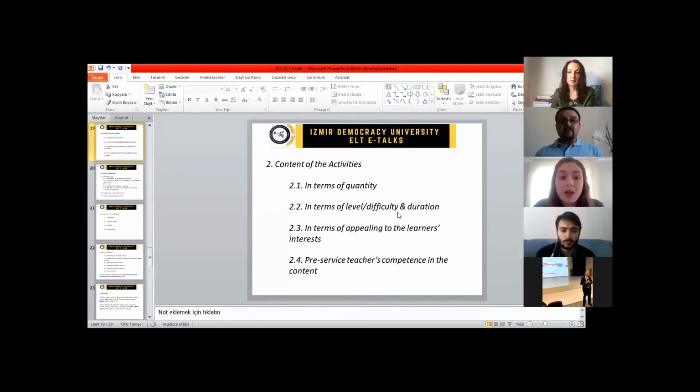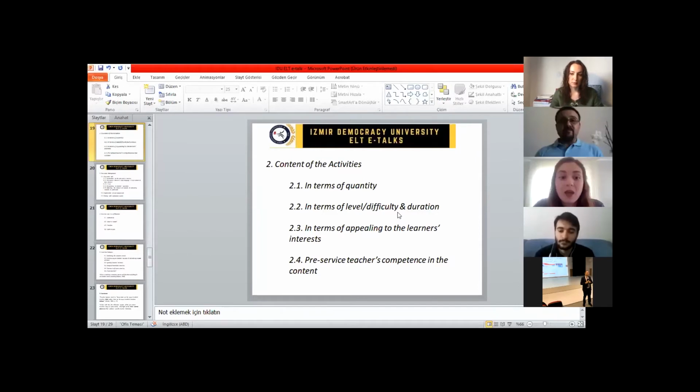Interests, appealing to the learner's interests. It's also very important. Let me give you an example. In my classes, I observe students. The students in the micro-teaching class are their classmates, but they do not participate in the activity. And at the end of the micro-teaching, I asked them, why didn't you participate? And they said, it wasn't interesting, it was boring. So it's so important. If you want to include all the students in the classroom, your activities should be interesting